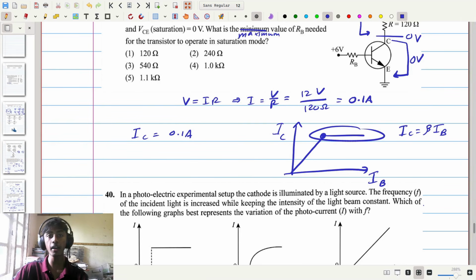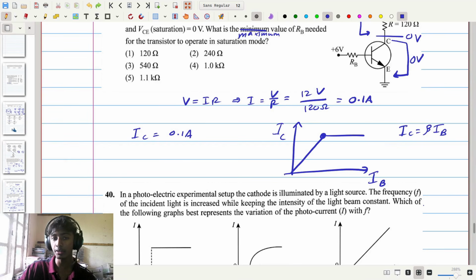Now at this point, the current here is equal to the saturation current of 0.1 amperes. So the current here is 0.1 amperes. Now I want to draw your attention to this specific point right here. At this point, we are both on the curve IC equals beta IB and on the flat line IC equals 0.1 amperes. So therefore, IC is equal to 0.1, but we still have the relationship IC equals beta times IB,